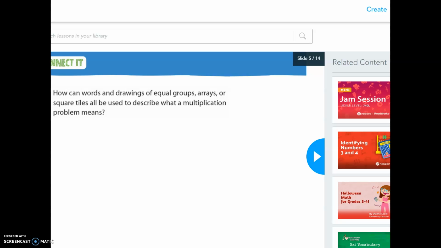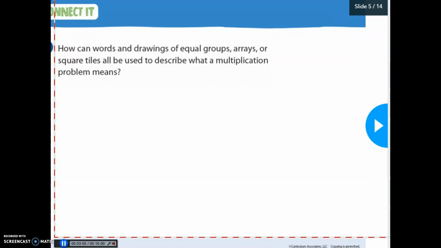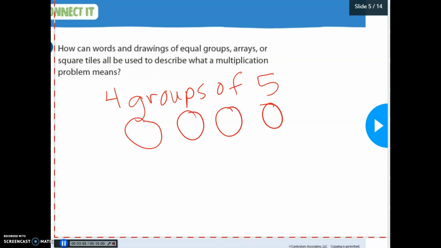Okay. So number 5 says, how can words and drawings of equal groups, arrays, and square tiles be used to describe what a multiplication problem means? So if we have 4 groups of 5, and we have a drawing of 4 groups of 5, and we can actually even put the number if we want, or we can draw the 5 dots. If we have an array of 4 groups of 5,